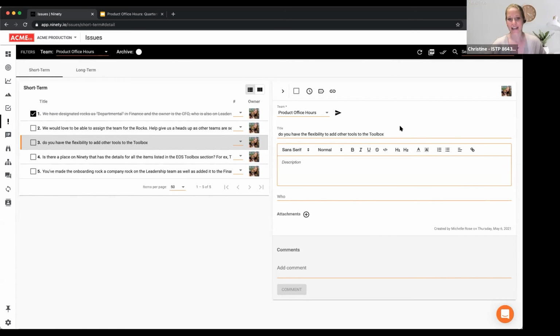Yeah. And anything that we physically cannot do, like this is a licensed product, so it has to be the specific EOS toolbox, we will actually share with them too. So even if we say, hey, we can't do that right now, or we can't do that because of that restriction of being the EOS licensed software, we do still share back with them. So this would definitely be one of those scenarios where it's that specific toolbox. It's not really supposed to be adjusted, but we'll definitely let them know. Yeah, cool.